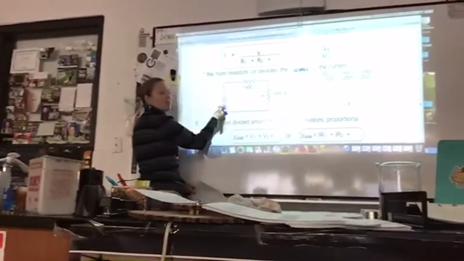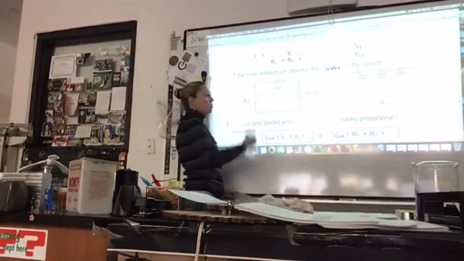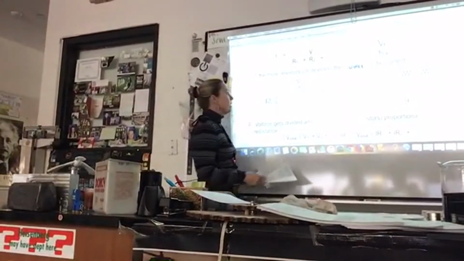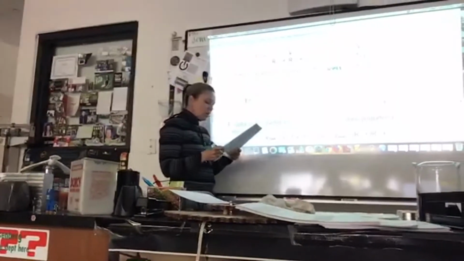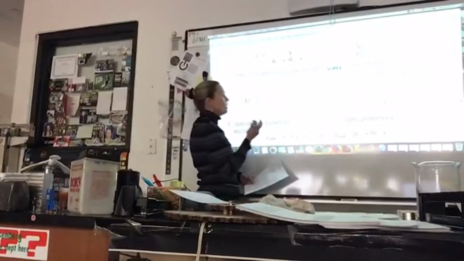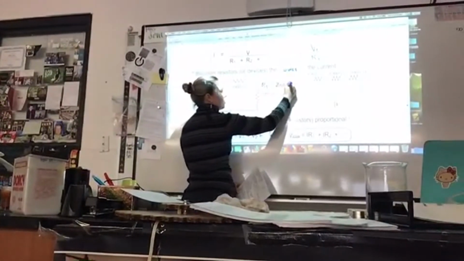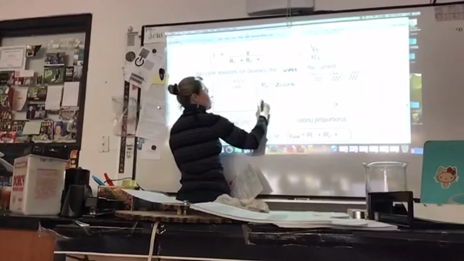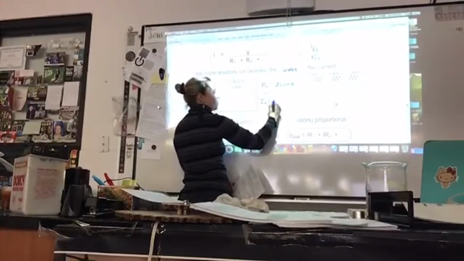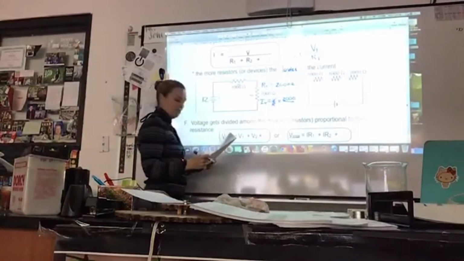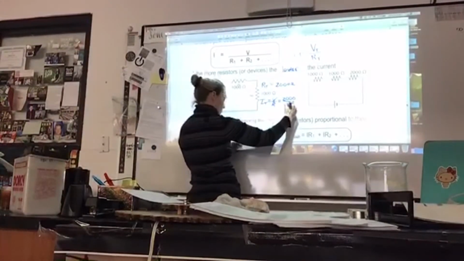So, I didn't label this. Let's make this 12 volts. Okay? Like a car battery. Okay? And here I have 1,000 and 1,000. So we already said the R total here is 2,000 ohms. And I want to find the current, so I'm going to do V over R, V total, 2,000, okay, over,